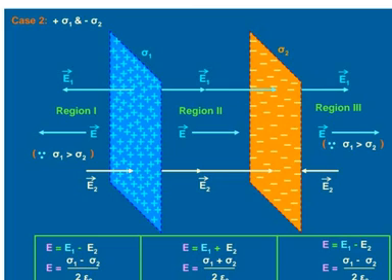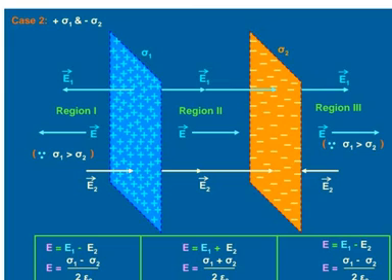So in region 1, E1 is along the negative x-axis and E2 is along the positive x-axis, and as earlier sigma 1 is greater than sigma 2, so the net electric field will be sigma 1 minus sigma 2 upon 2 epsilon naught, and the net direction will be along the negative x-axis. In region 2, E1 and E2 are both in the same direction, so you get sigma 1 plus sigma 2 upon 2 epsilon naught.